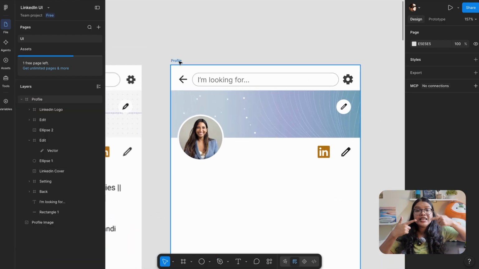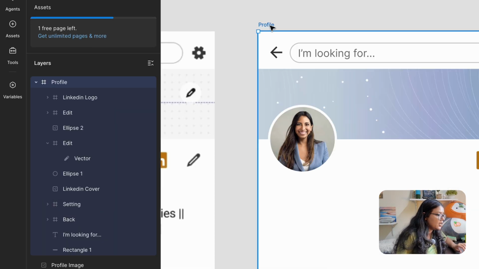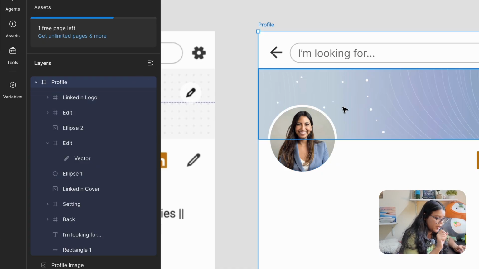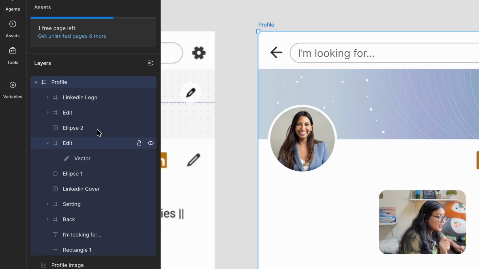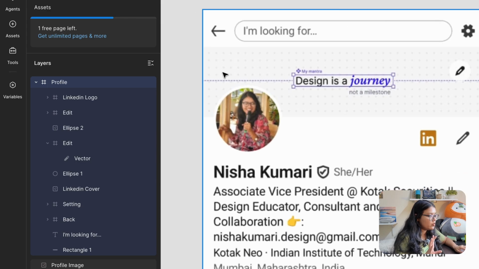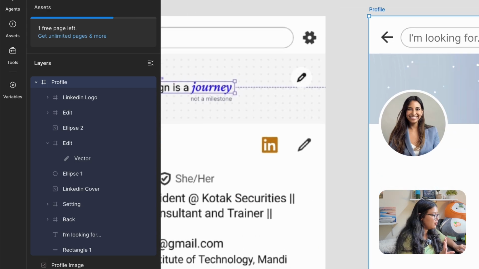I want you to look at the relationship between all the elements that have been placed so far. ठीक है. So profile is one frame. ठीक है. All the elements that we have put right now, they all live inside the frame. So the moment you click on it in the layers panel, you can see that a lot of things have been selected, which is profile as the main element, and you see there's a slight icon at the left side of it, which tells that everything else, like all these cover and then this profile image and the edit icons and everything, they sit inside this frame. So they are highlighted accordingly.